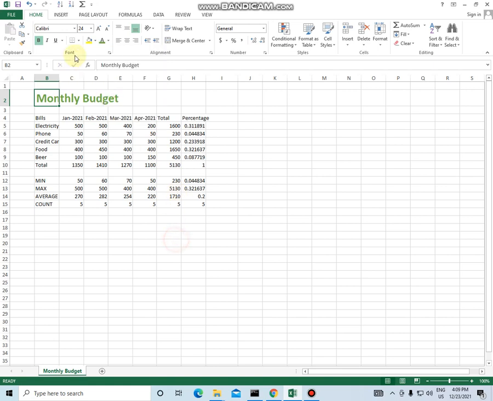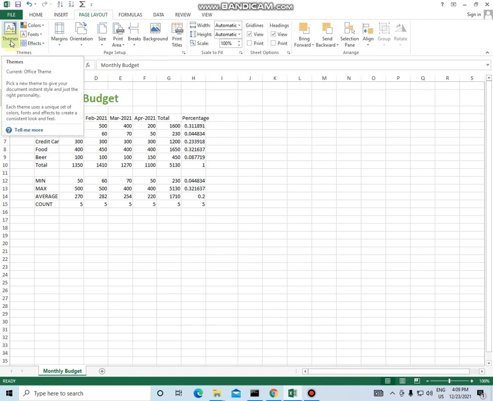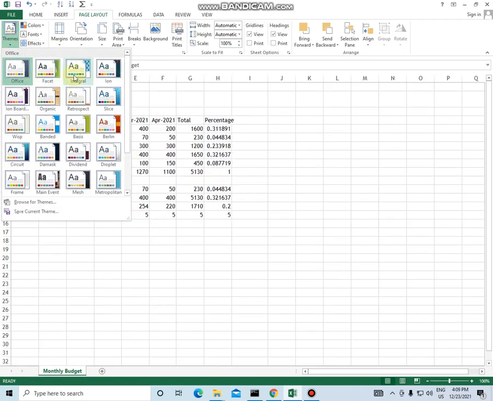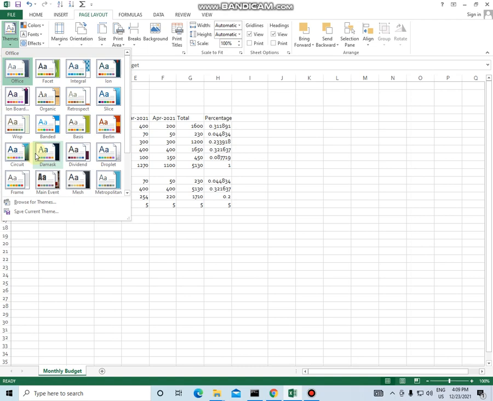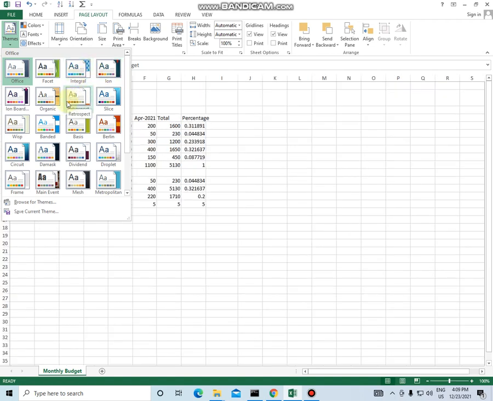If I go to the Page Layout tab, we have a themes section, and we have a Themes button. Click here, and you can see the various themes. You can see the data is changing in the background when we hover over some other theme.